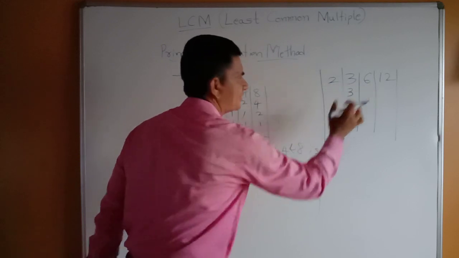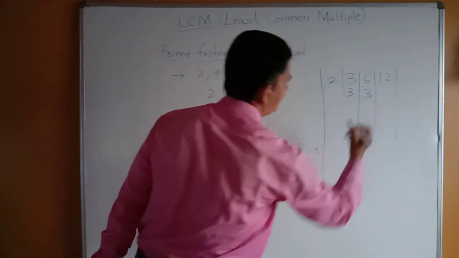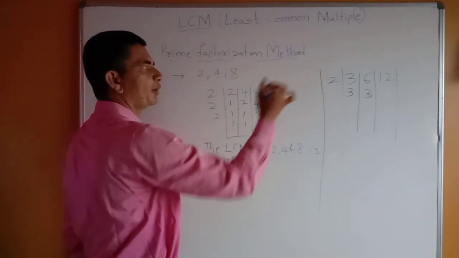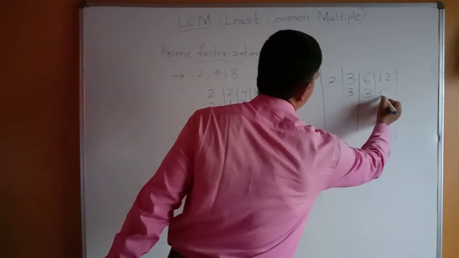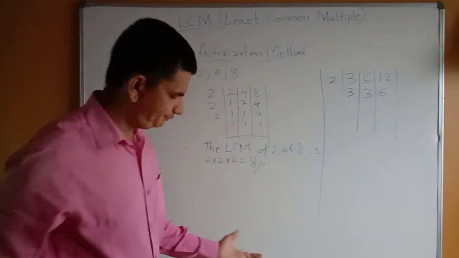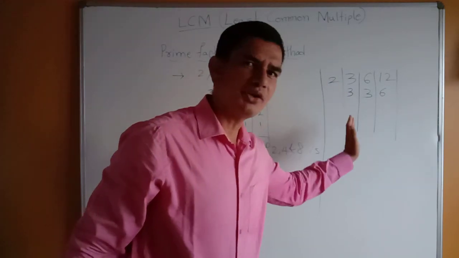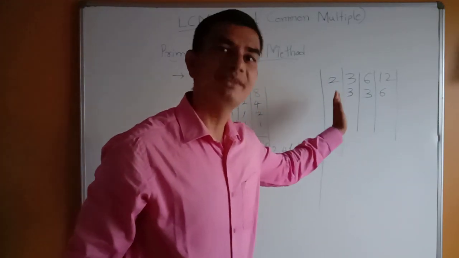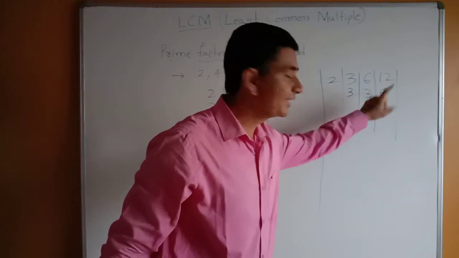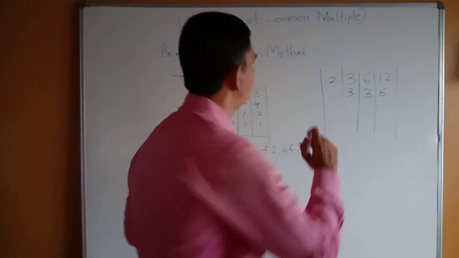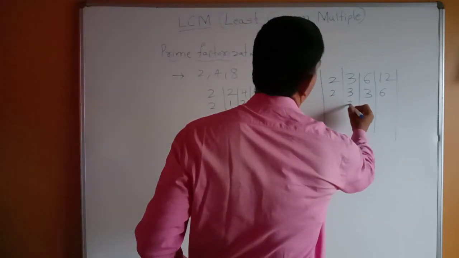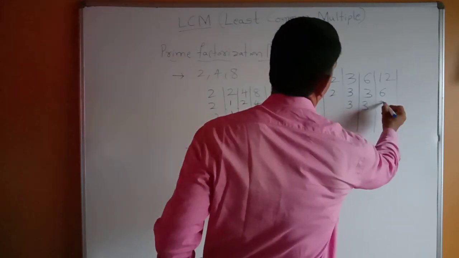So in the 2 table, is 6 there? Yes. 2 3s are 6. Again we have to check. In the 2 table, is 12 there? 2 6s are 12. So again we have to think from 2 only. If it is not divisible by 2, then we can go for 3. So 6 is there in the 2 table, so we can take 2. 3 as it is, 3 as it is, 2 3s are 6.